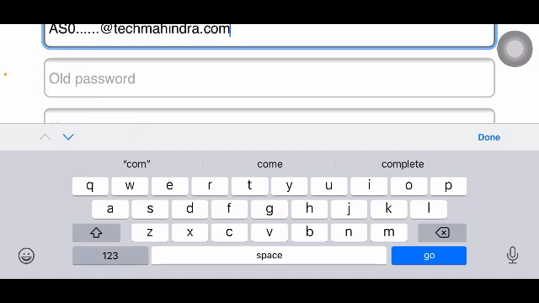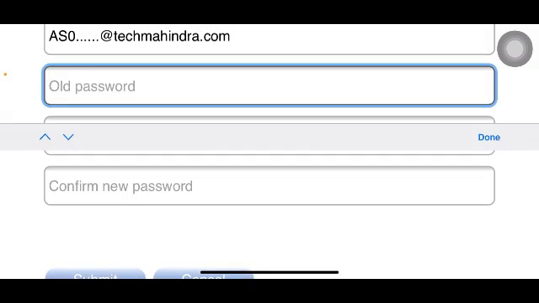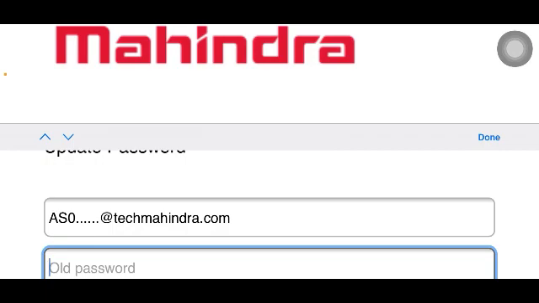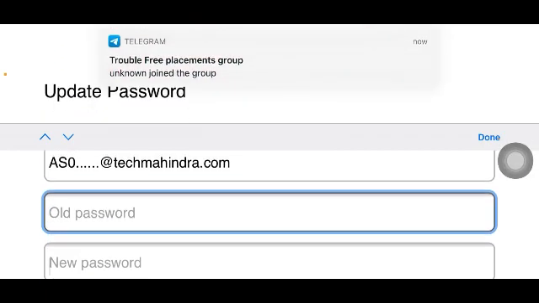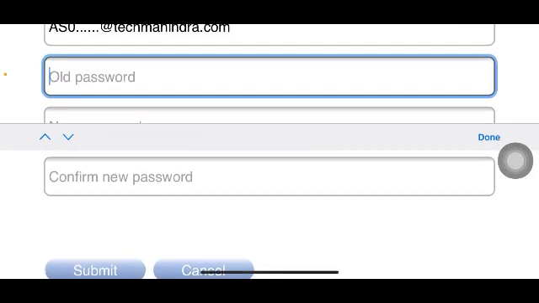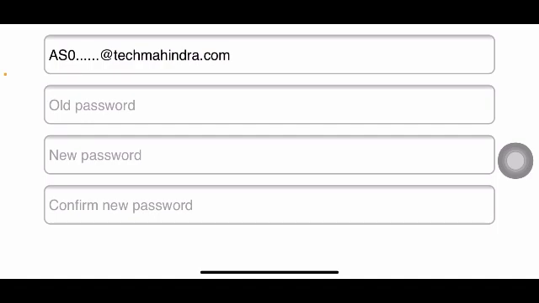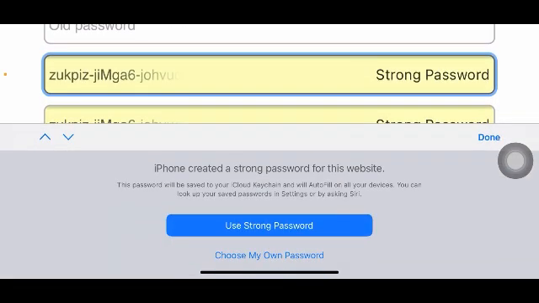The old password should be the password which is given to you in the password secured file, not your own password. The old password should be the one given to you in the password secured file, and the new password should be the password which you want to put. So I think you are clear about the process. I try to explain everything in detail. After changing the password, I'll let you know the next step again. Don't worry about that.